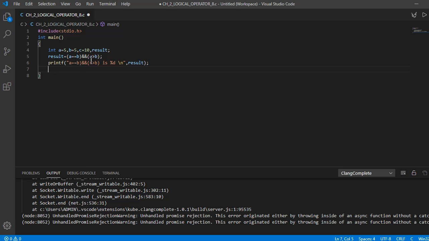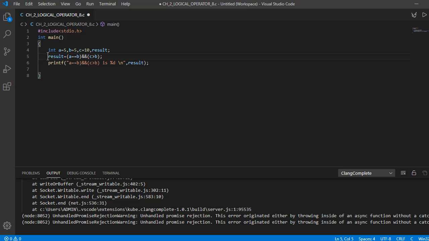So in the first, what will be our expression? Assume A equals to B. A is 5 and B is 5, so it will become true in the first case. And C greater than B. C value is 10 and B value is 5, so certainly that is also true. So if both the expressions A equals to B and C greater than B are true, then the result must be true according to the truth table.